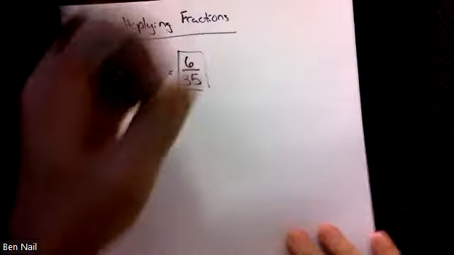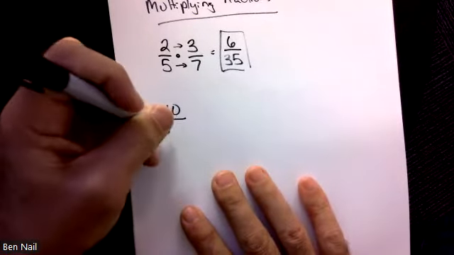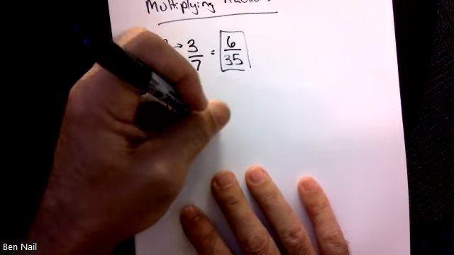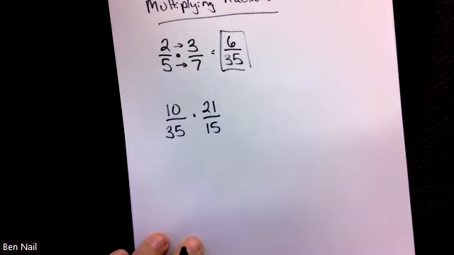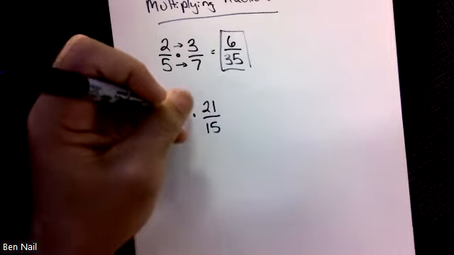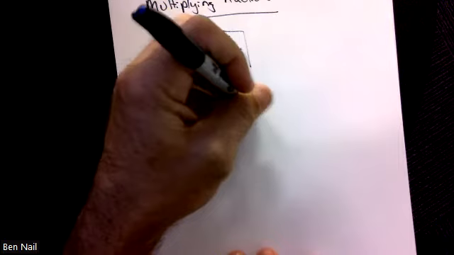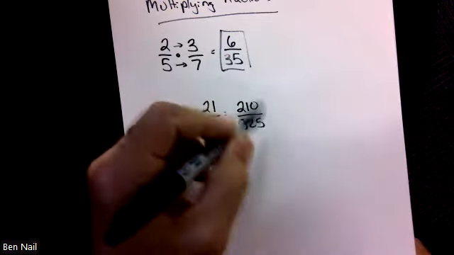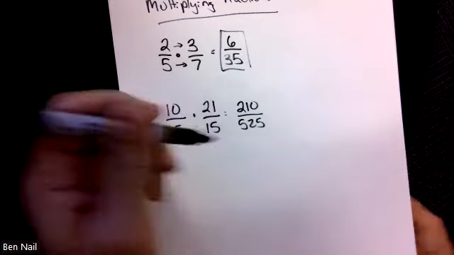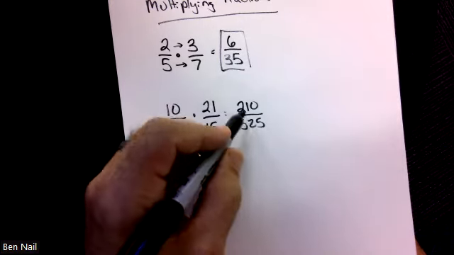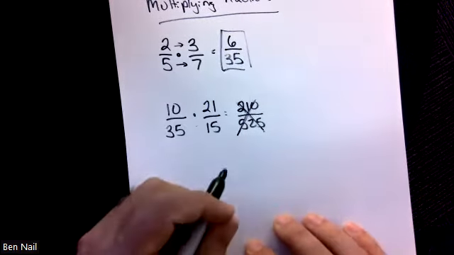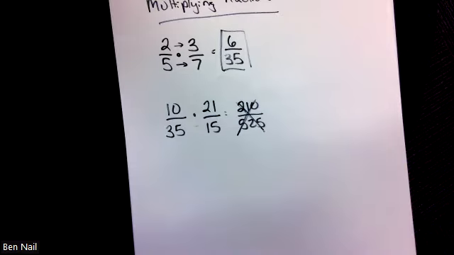So if they gave us a problem like 10/35 times 21/15, one option is to do that the same way, just multiply straight across, and then we would get 210 over 525, which we would then need to reduce. You have to try and find greatest common factors out of these, but these numbers are gigantic. They're huge. There's an easier way, more straightforward, in my mind, a better way to go about doing this